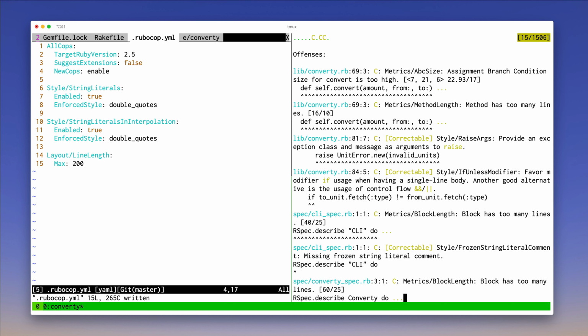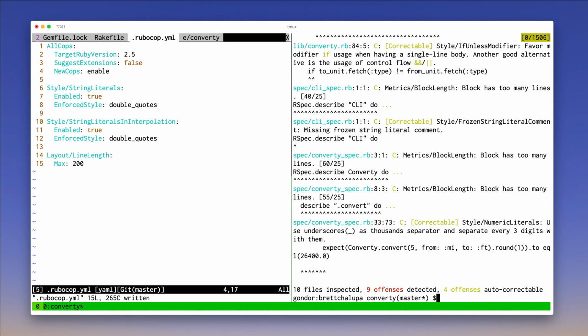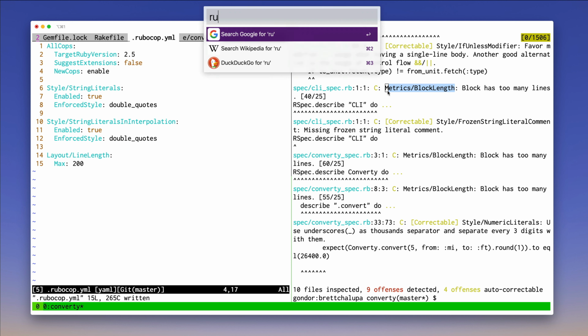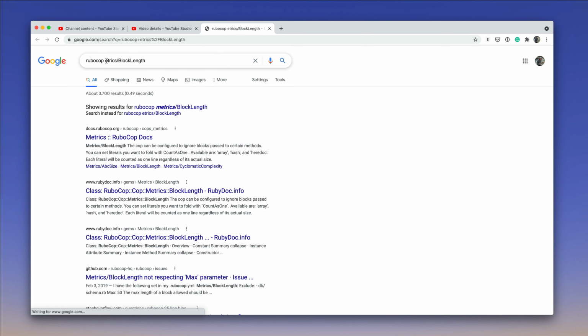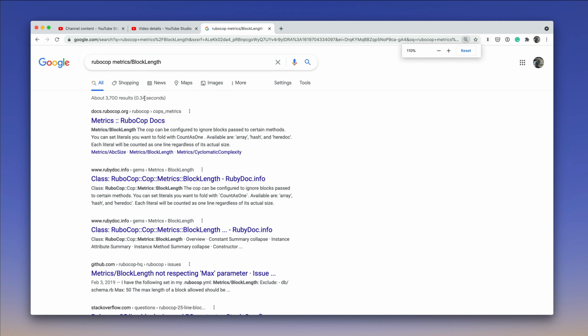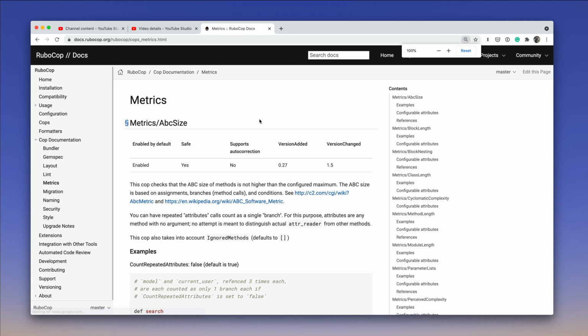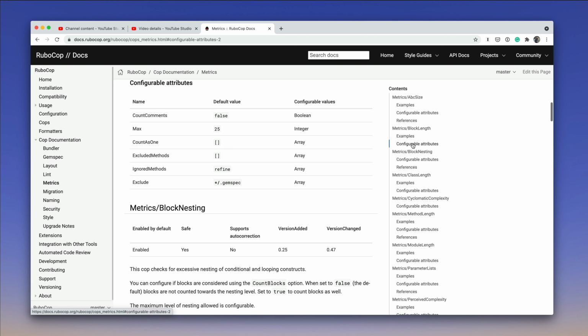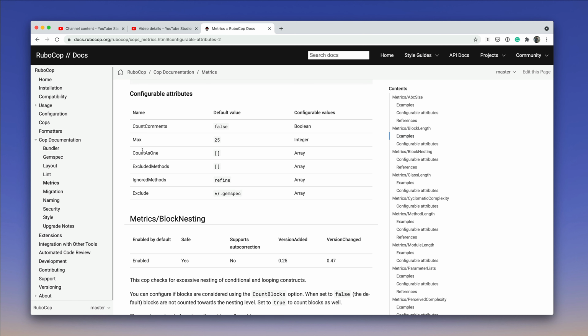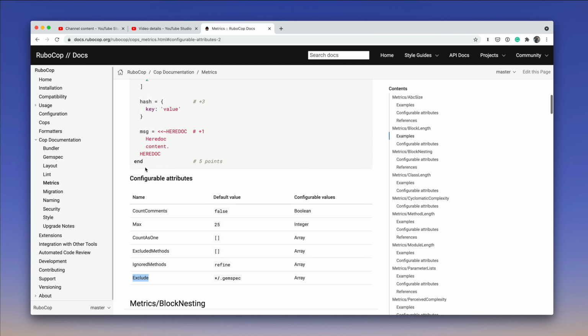But let's do a couple things. So for metrics block length, block has too many lines in our spec directory. That's just not useful to me. I think we're gonna have long block lengths in our spec files. So let's Google RuboCop metrics block length. Let me bump this text up. So when we get to the RuboCop docs, it shows everything, and we have configurable attributes, and it says exclude. So we are going to configure that